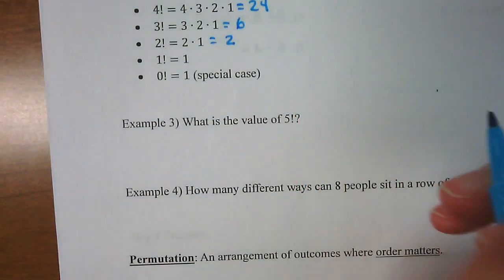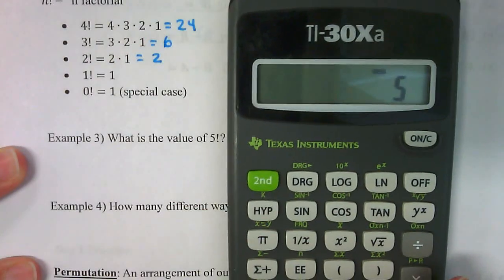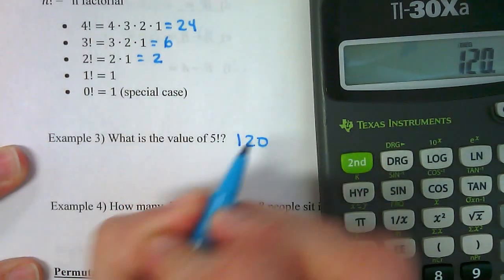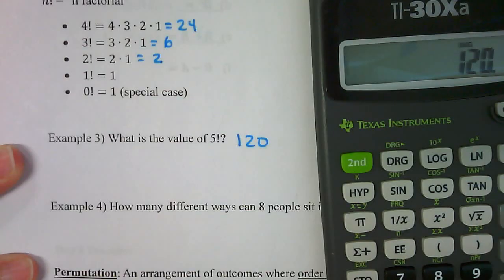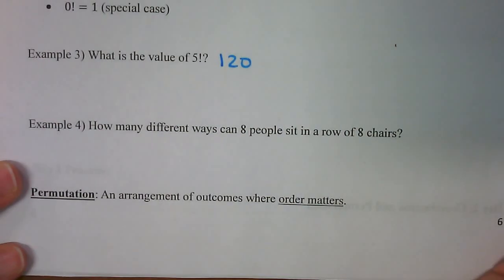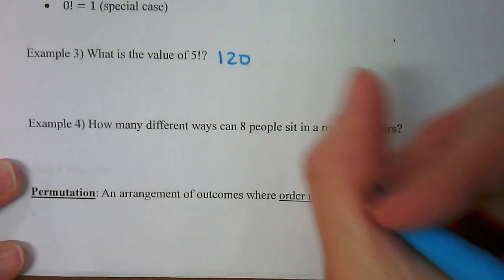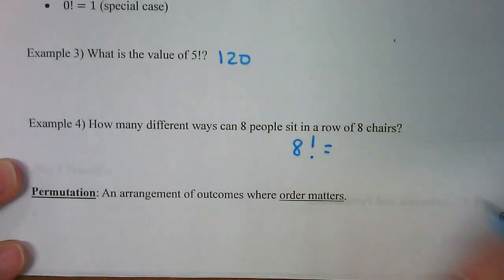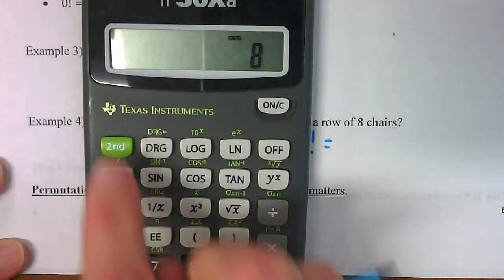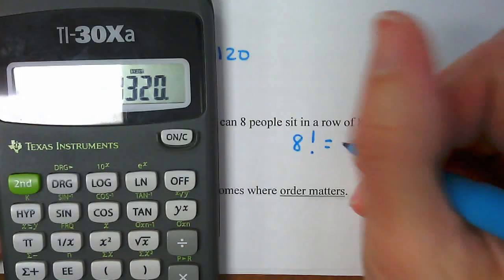What is the value of 5 factorial? So I'm just going to type that in my calculator. I'm going to type 5, and hit second factorial, and I get 120. Okay. And then it says, how many different ways can 8 people sit in a row of 8 chairs? So you could write out your work for this, or just do 8 factorial. Again, you can use your calculator for that. So 8, second 3, and I get